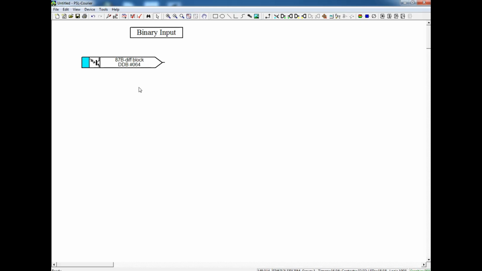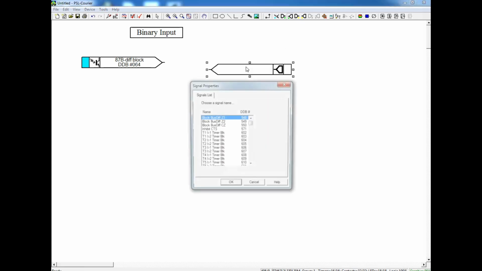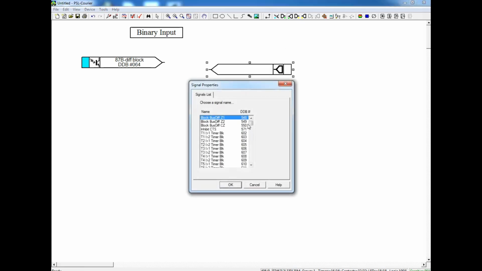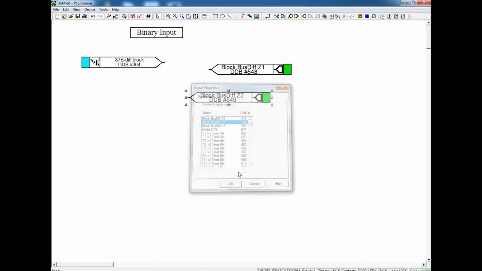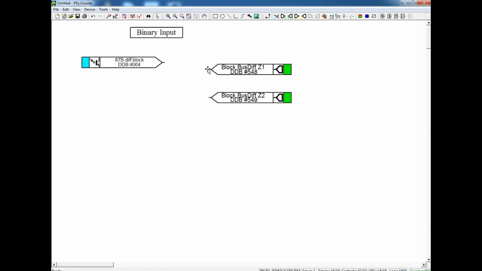So the output you can take from the output signal. Over here you have all the output signals. Corresponding output you have to search and take it. In order to connect between the binary input and this output signal, we have to connect by the link which is on the top side.